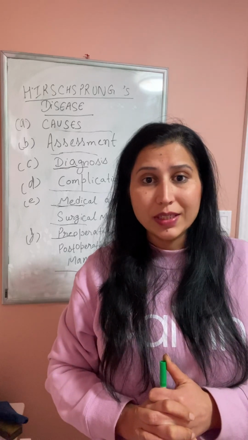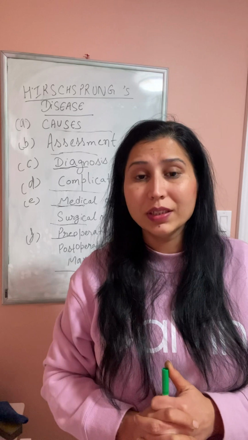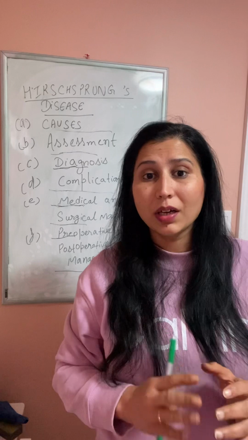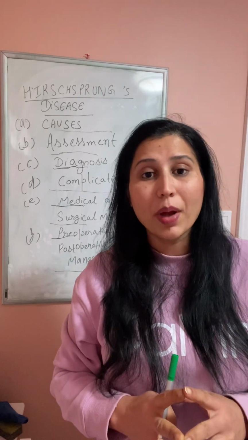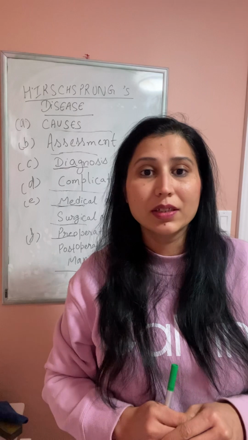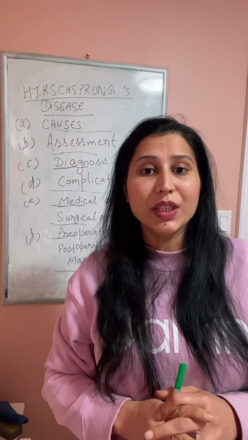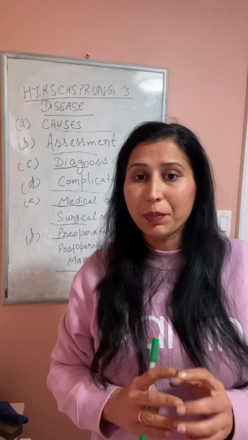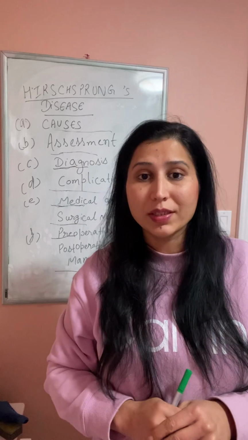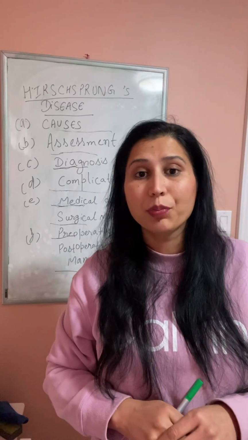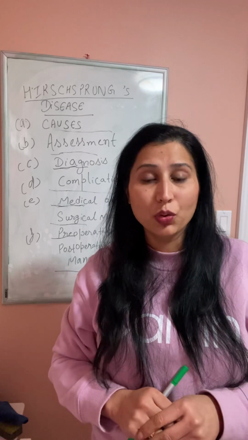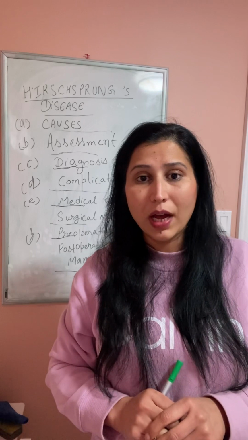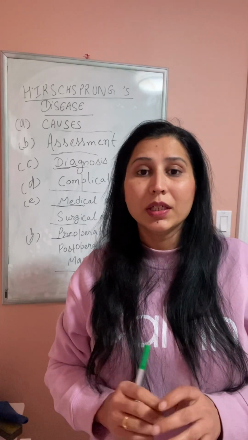So what are the signs and symptoms? In Hirschsprung disease there is no ganglion. Another name for this disease is aganglionic megacolon. It's clear from the name that there are no ganglion cells, meaning no nerve cells. So in the large intestine there is no movement of the bowels, and the infant finds it very hard to pass a bowel movement. Within 48 hours they must pass the meconium, but in this disease they are not able to pass the meconium. That's why bile-like vomiting also happens, because bile accumulates,